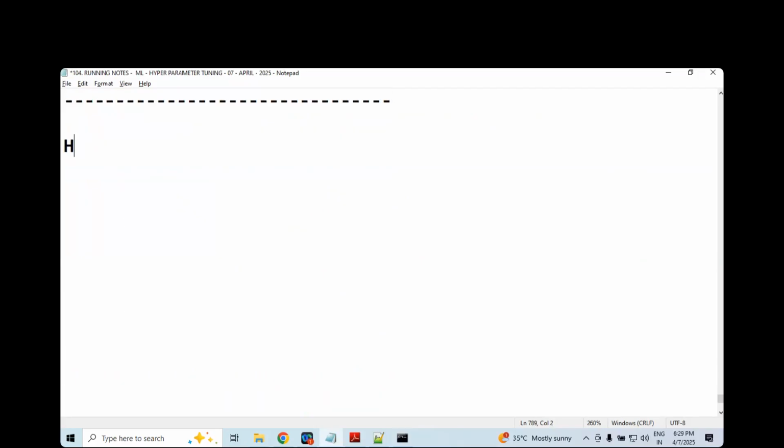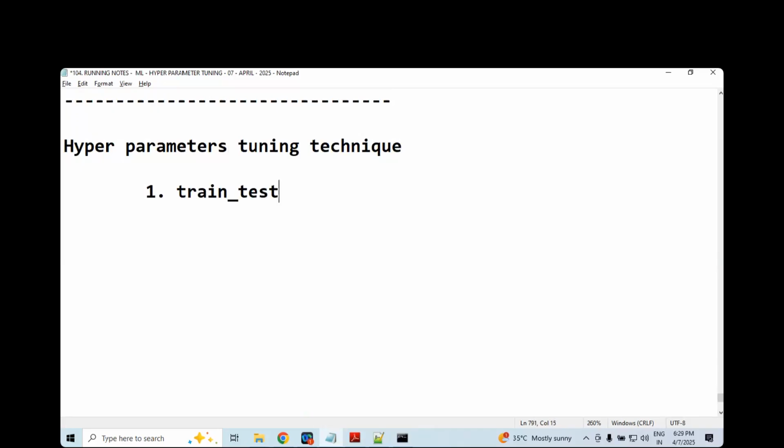We are applying hyperparameter tuning techniques. The first way we tried was train_test_split. We ran the example almost 3 to 4 times. The code runs 3 times and you will get different scores. The next one,